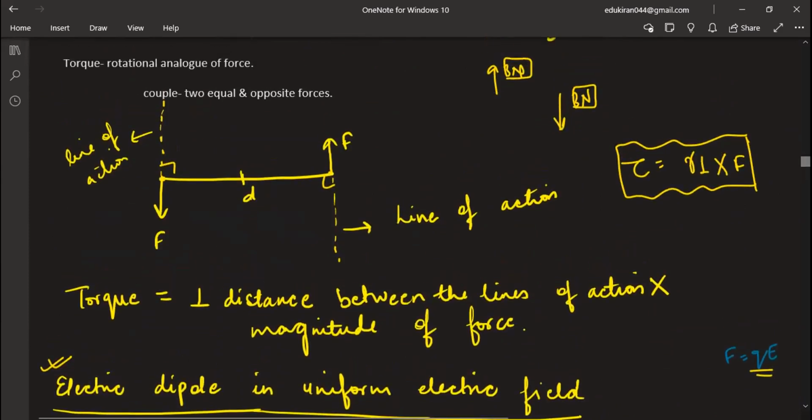In 11th class also, in work, energy and power, when we did laws of motion, when we did rotational motion, that time also the rotational analog of force was torque. So the same torque is applied here also in electric charges. When electric charges come, electrostatic forces come, so their rotational analog becomes torque. So a basic simple formula, a very small derivation, is that